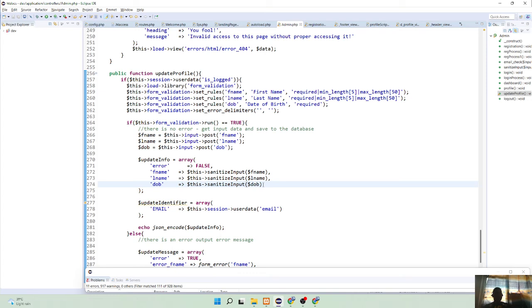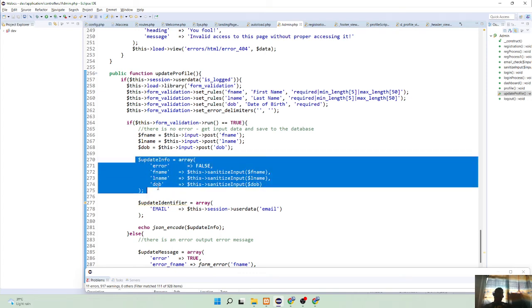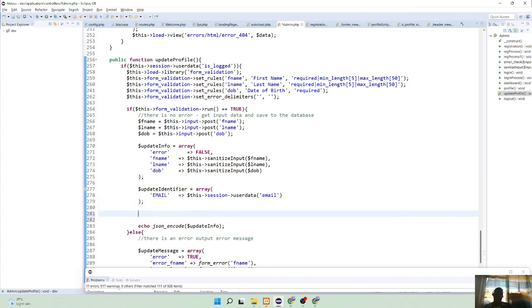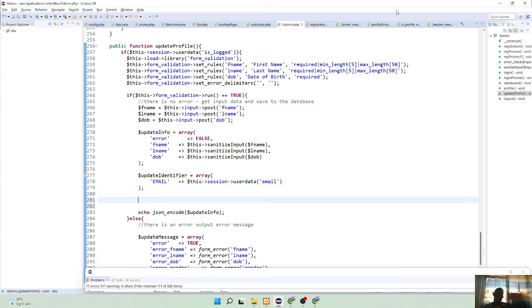Okay, everything is working fine. So we have now the update info that we need to update, and then the update identifier where is to be updated. Okay. So in this one, we have to go to the model,